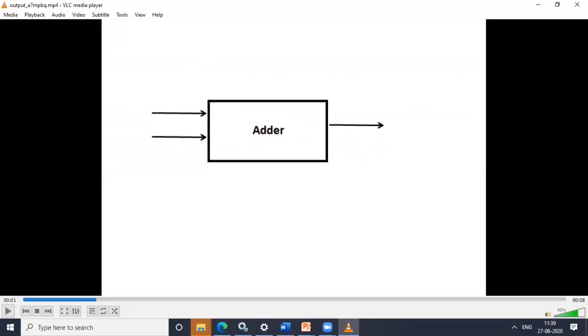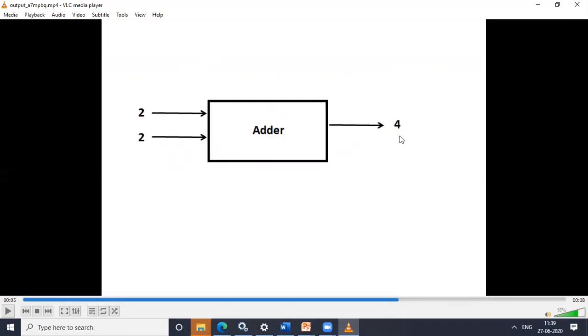And now see what is happening. So this adder is taking some input. Suppose I am giving this input at some particular time, 1. So I am giving this input, adder will perform addition of this input and here output will be generated 2. Okay, now see what is happening after some time. After some time, I am changing the inputs. So adder will perform addition of these changed inputs, and then here output will be generated. So in this case, output will be 4.